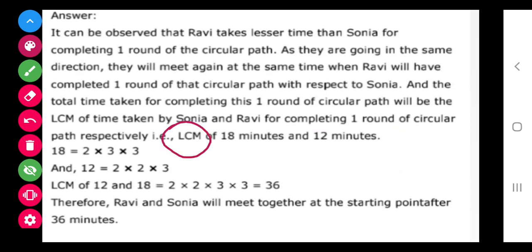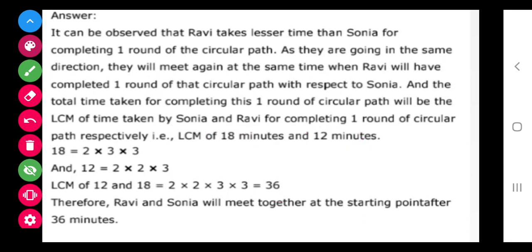तो दिस कैन बी सॉल्व यूजिंग एलसीएम ओनली. जब भी डिस्टेंस की बात आती है और उसमें हमें कुछ रिलेशन निकालना होता है तो it can only be done with the help of LCM. So just take the LCM of 18 and 12. After 36 minutes they will meet again. This is the answer after taking out the LCM.